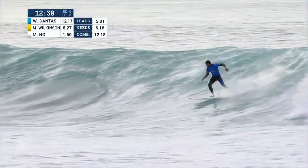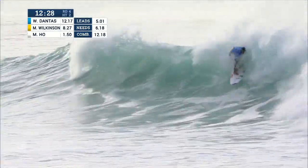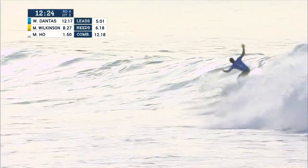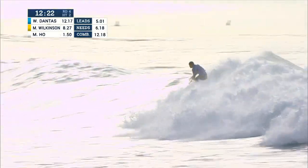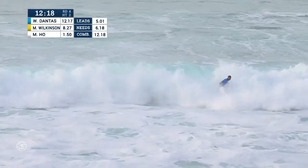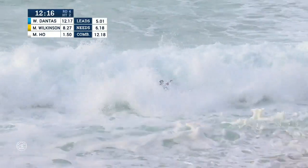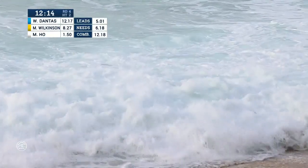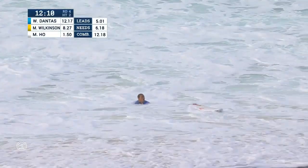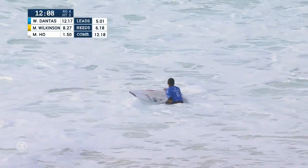Now this wall is starting to move down the line. Big section to coil up off the top. Dantas once more. Bonus section, nice and vertical. And he's got one more for us right on the inside. Dantas puts that one to bed. Solid backhand hooks. Looking like his lead is improving, and we're waiting on big numbers from the Hawaiian Mason Ho